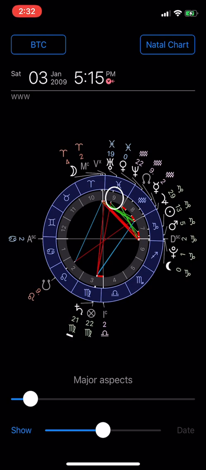Now, it's also in the 9th house, which is very benefic. The 9th house is about expansion and unlimited growth. So this coin has an unlimited potential to grow. And both the 9th house and Pisces are traditionally ruled by the planet Jupiter. And we can see that Jupiter, which is the planet of expansion, luck, blessings, is in Capricorn,